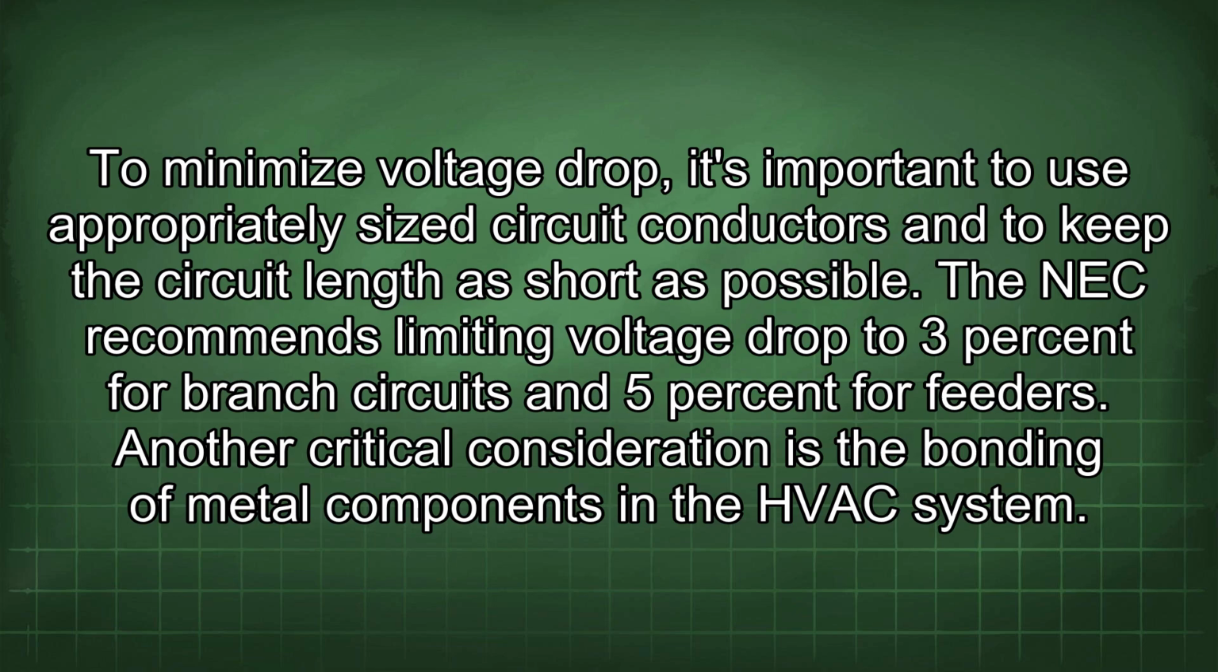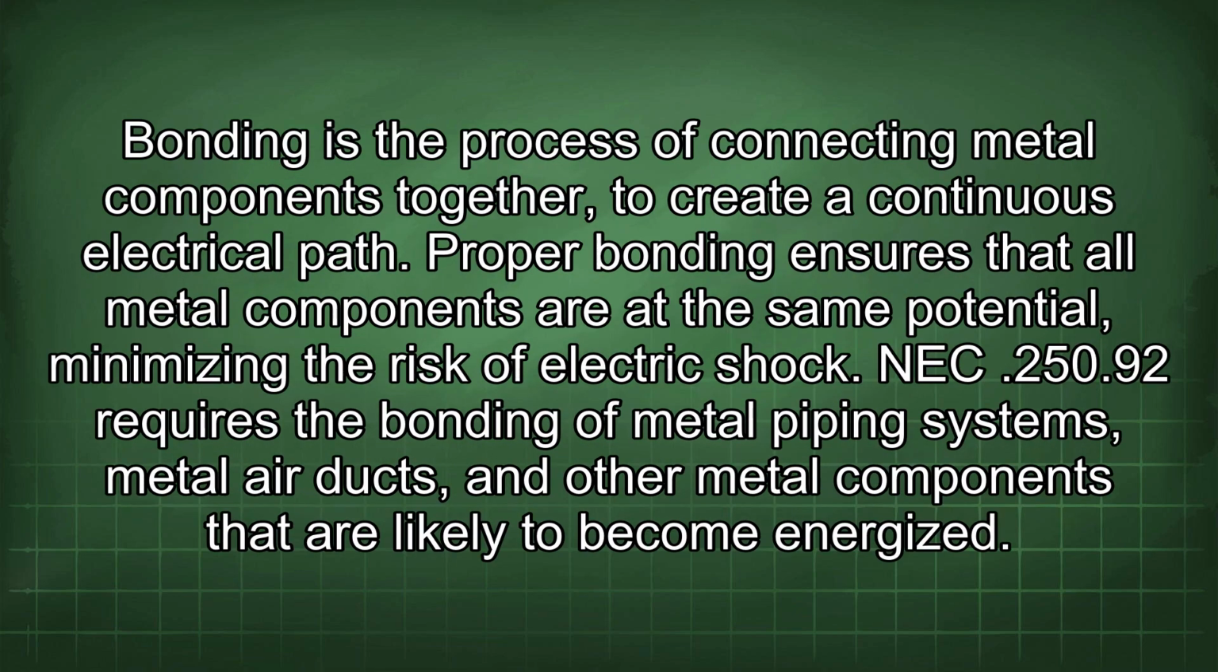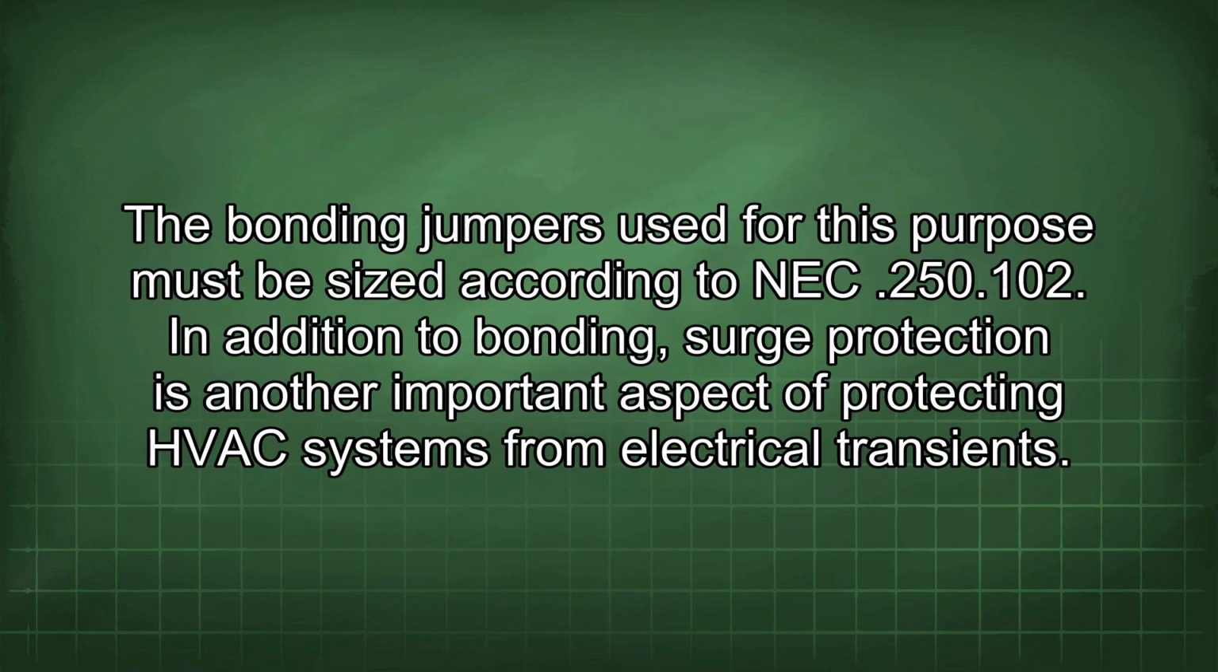Another critical consideration is the bonding of metal components in the HVAC system. Bonding is the process of connecting metal components together to create a continuous electrical path. Proper bonding ensures that all metal components are at the same potential, minimizing the risk of electric shock. NEC 250.92 requires the bonding of metal piping systems, metal air ducts, and other metal components that are likely to become energized. The bonding jumpers used for this purpose must be sized according to NEC